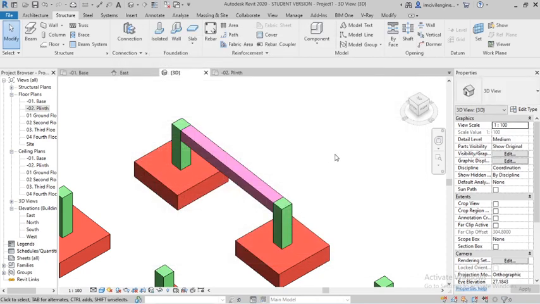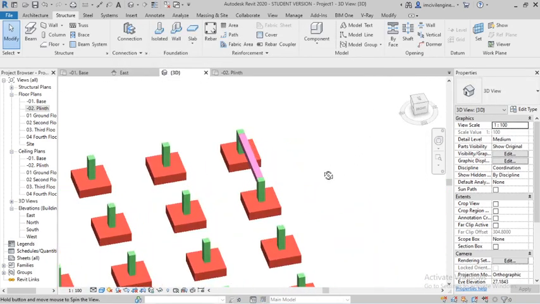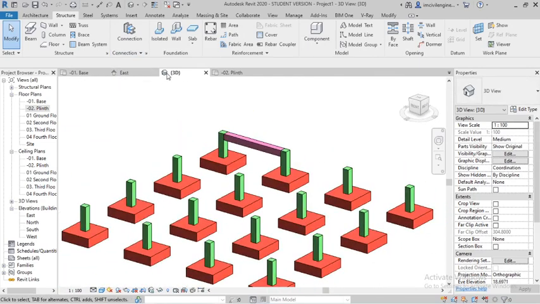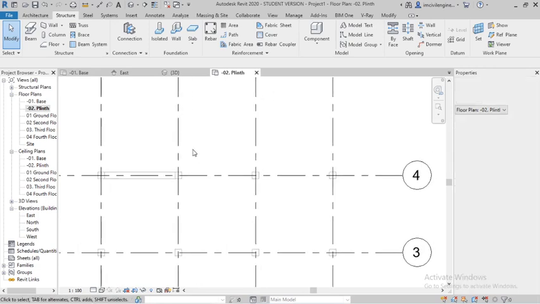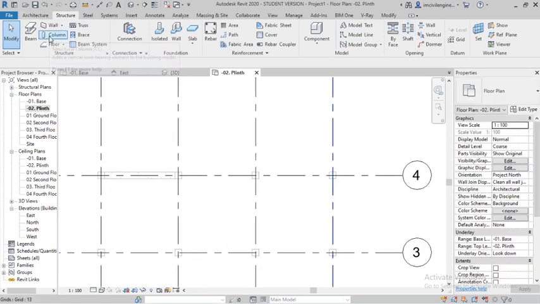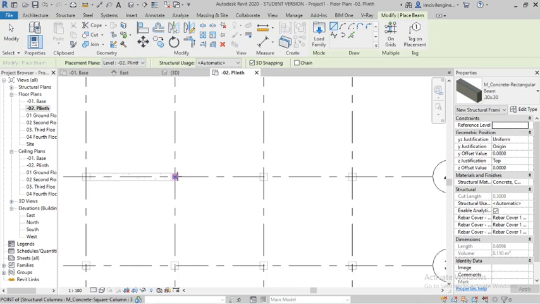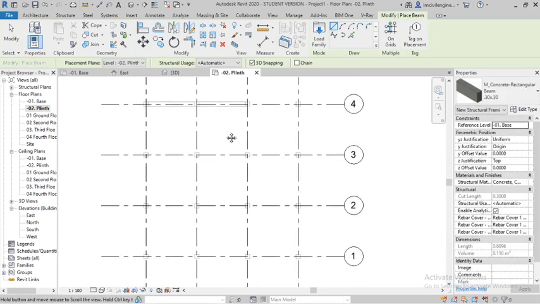You can draw the same. Select the beam. Draw the beam.